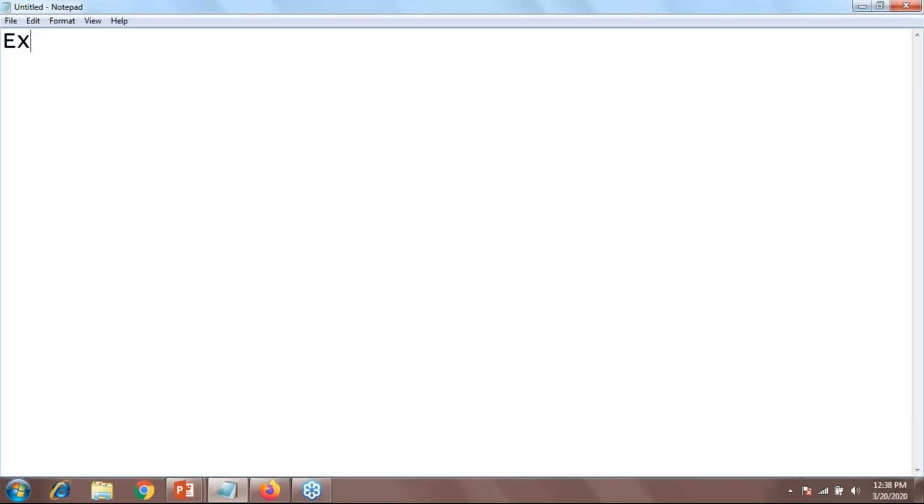So for example, if my string is z = a + b, then the first phase will convert your example into identifier 1 = identifier 2 + identifier 3. This is the output of our first phase.